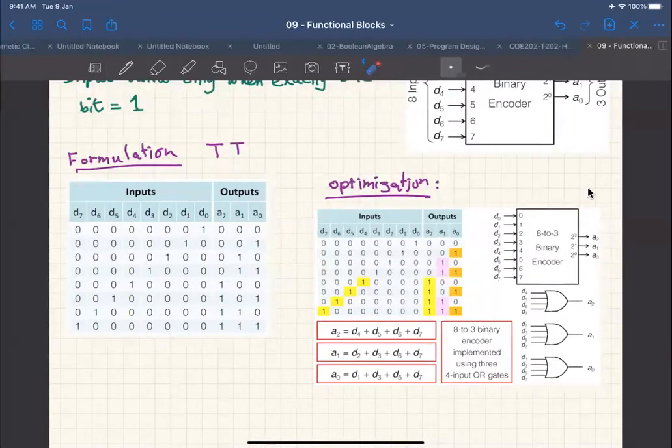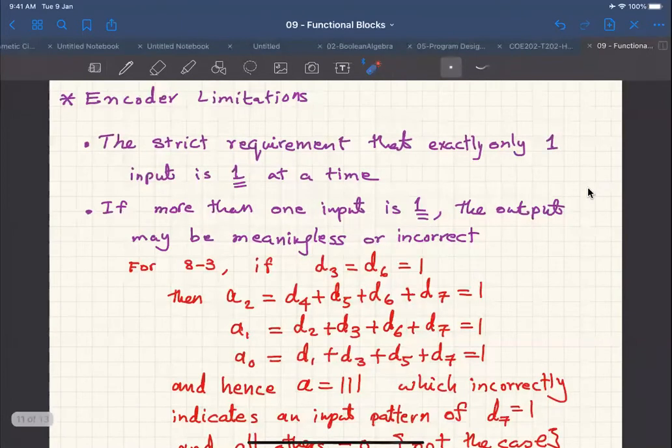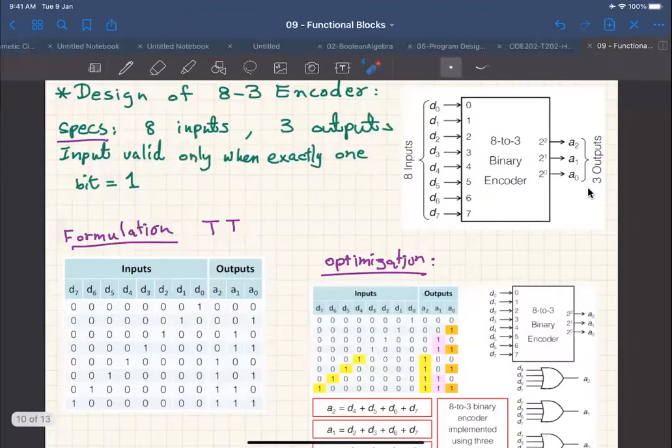If it is clear, then let's move on. What are the limitations of encoders? First of all, there is a strict requirement that only one input is 1. Exactly one input is 1. You cannot even have all zeros. If you have all zeros or more than one input is 1, then you are in big trouble, if you're using just a normal encoder. For example, for the encoder that we showed just here,